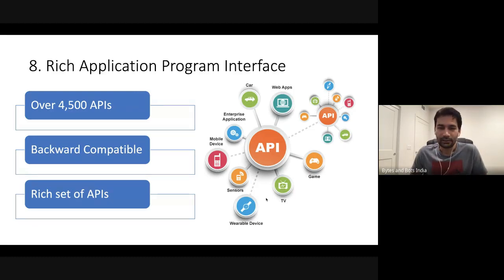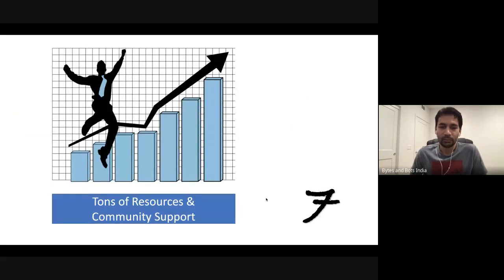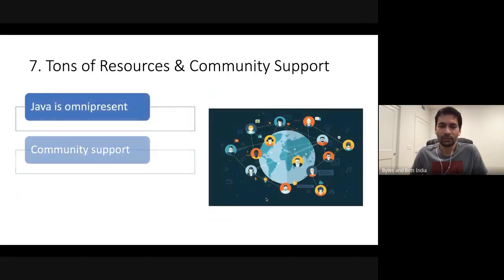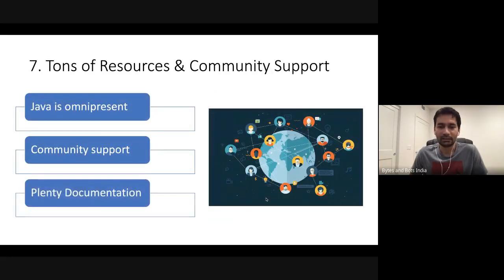All right. So moving on, point number 7, ton of resources and community support. As it's one of the very popular languages, and Java is present everywhere, 3 billion devices, right? That's so many of them. There's a huge number of programmers who work on Java to fulfill these demands.